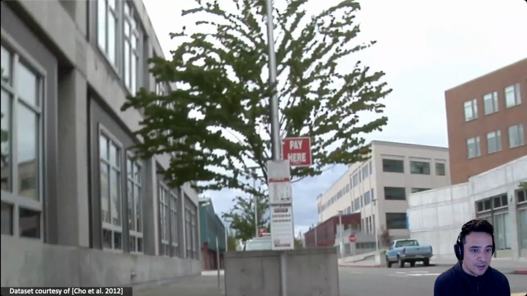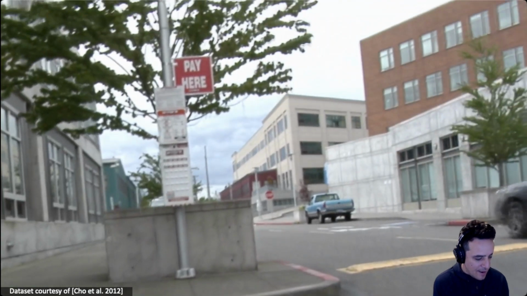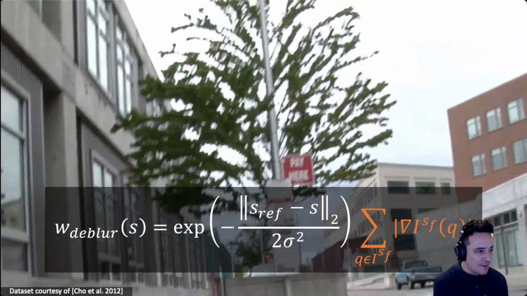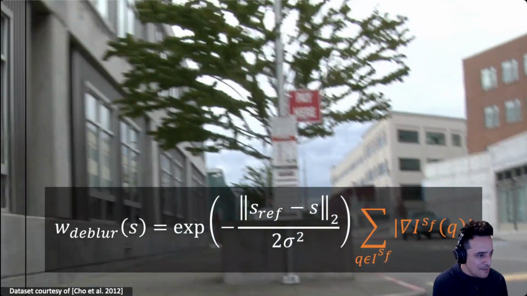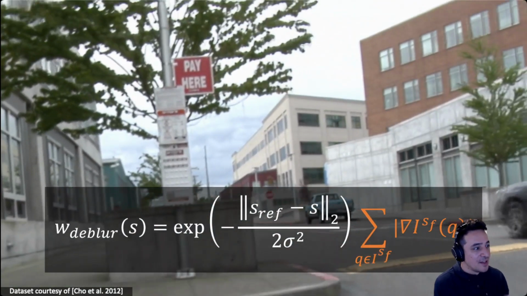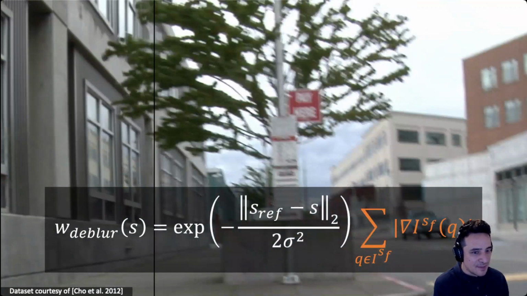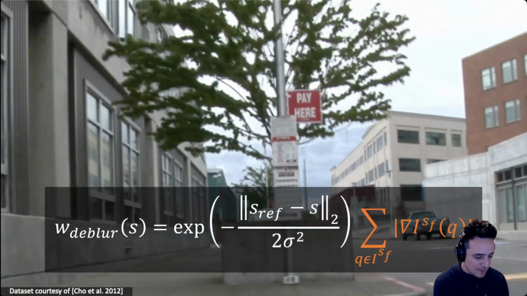We can do deblurring, so this is a common deblurring data set, and we can just weight each sample by how blurry that frame was. We have a measure of blurriness for the entire frame, and we downweight samples that come from blurry frames. What you end up getting is a video that is reconstructed out of just the sharp frames. So you can see this text becomes legible here.